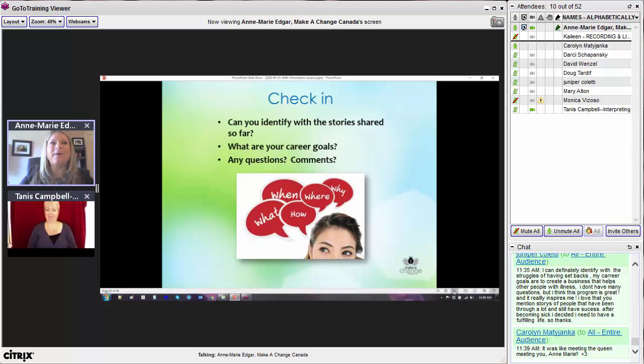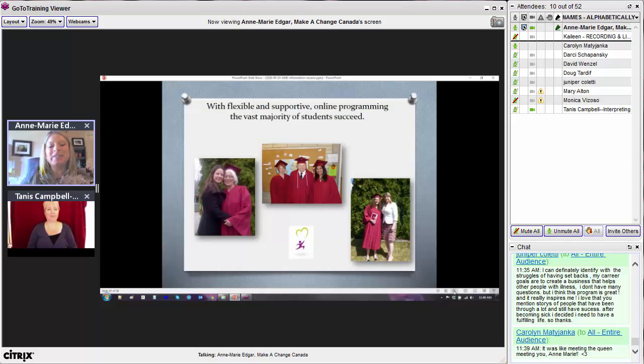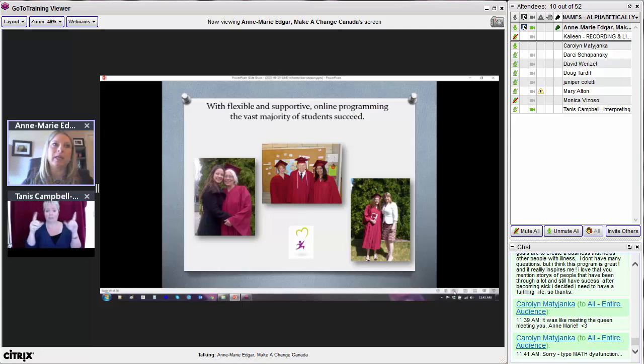Okay, so I'm going to move along now, and that's sort of a nice transition. Really just looking at this visual, it really shows that, doesn't it? Just what's achieved, particularly in the IBDE program, because there are graduation ceremonies. The flexibility and support of online programming means that the vast majority of students will succeed. We're actually achieving a 100% success rate this summer in the program. We still have one course to go, but it's really our students that are achieving this, and it just demonstrates the talent and the determination that can really result in great results,